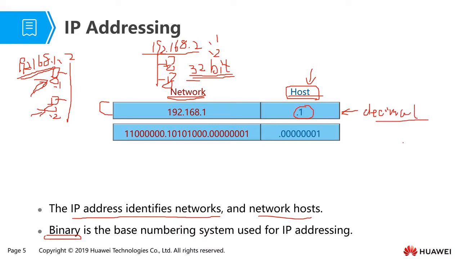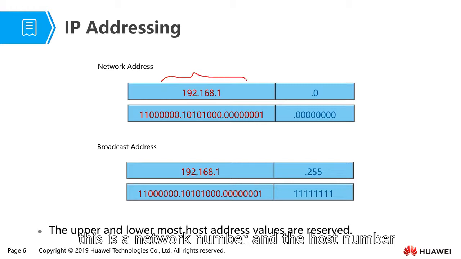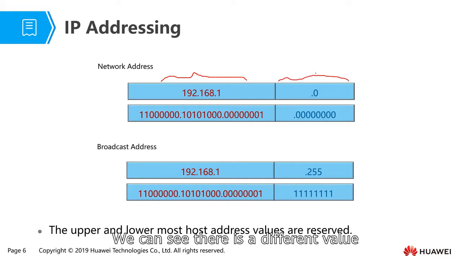Yeah, this is a decimal format. And then in the IP address, there are some special values. Now this is a network number, and for the host number we can see there are different values, but there are two special values we cannot use to assign